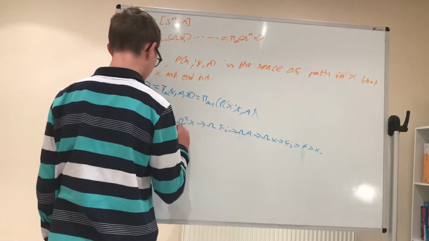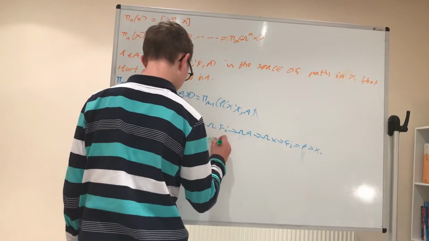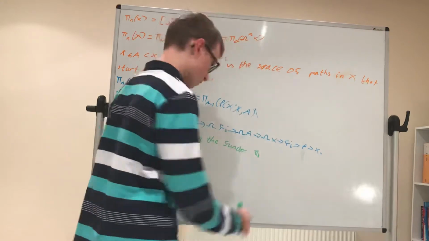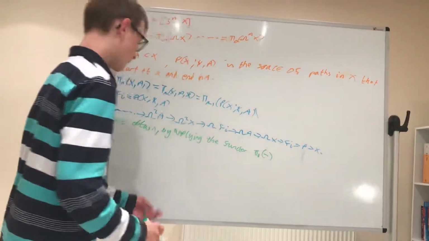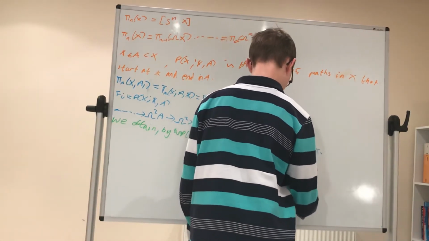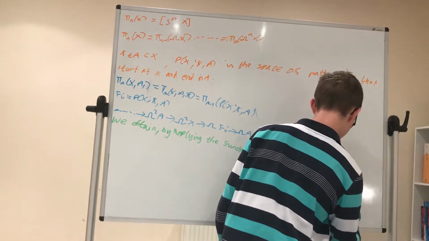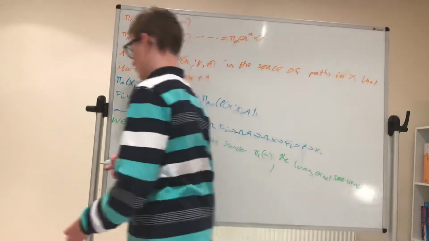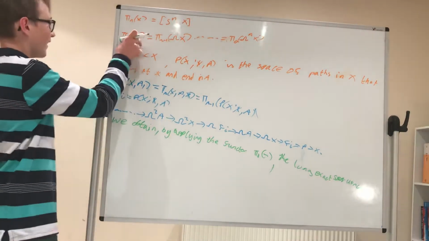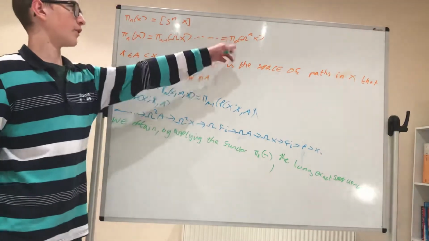by applying the functor pi 0, we obtain the long exact sequence. So we have the long exact sequence. So we remember that pi n of x is equal to pi 0 of the nth loop space of x, or in other words,